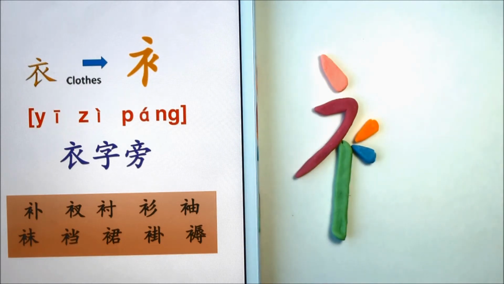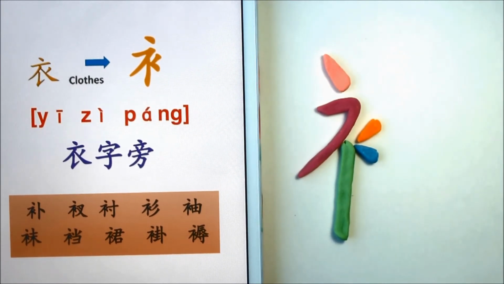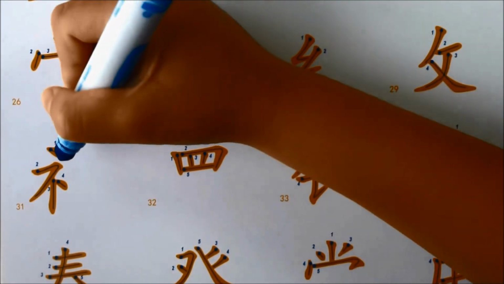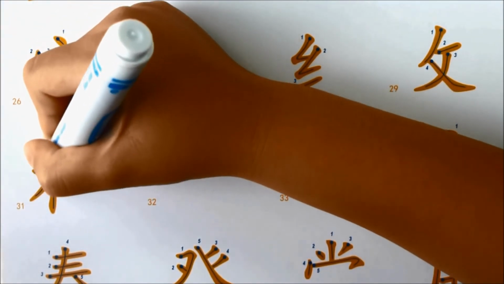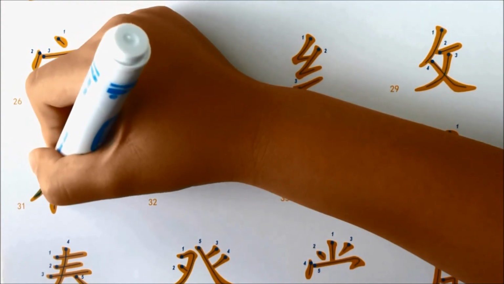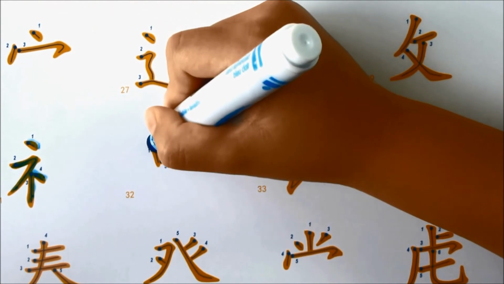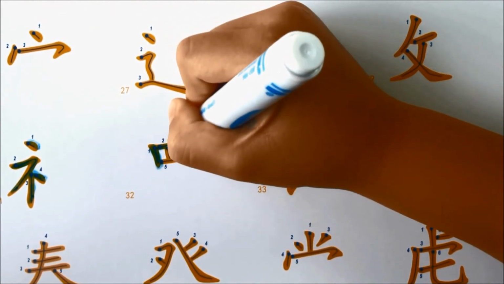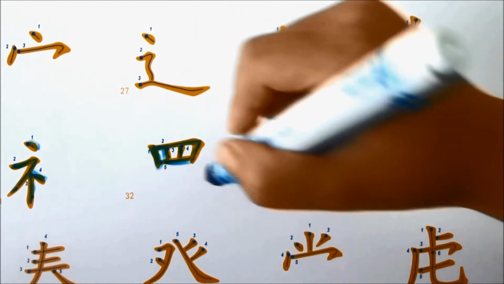Okay, that's right. Remember when you're writing to follow the stroke sequence. 士字旁, 四字头,